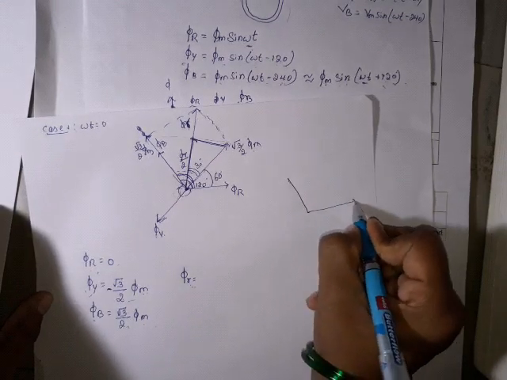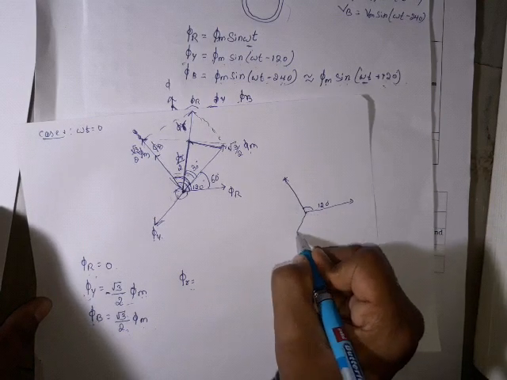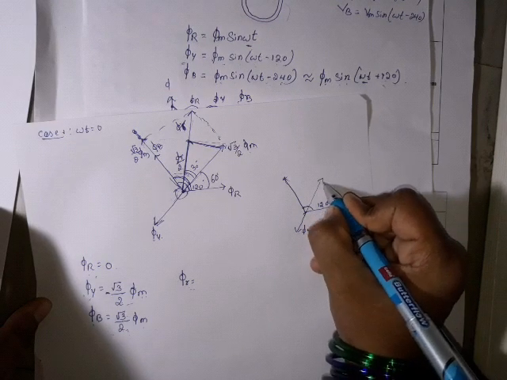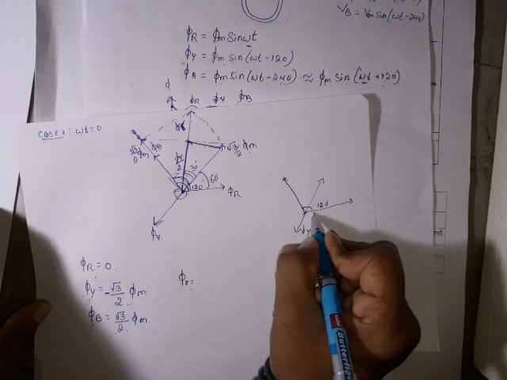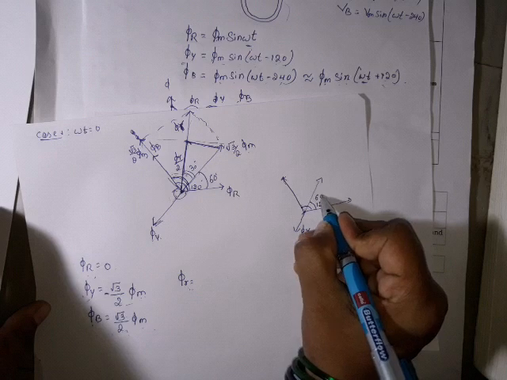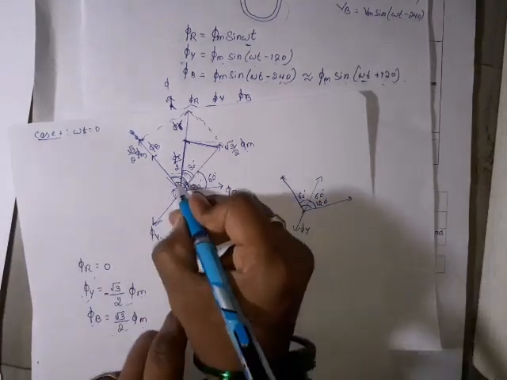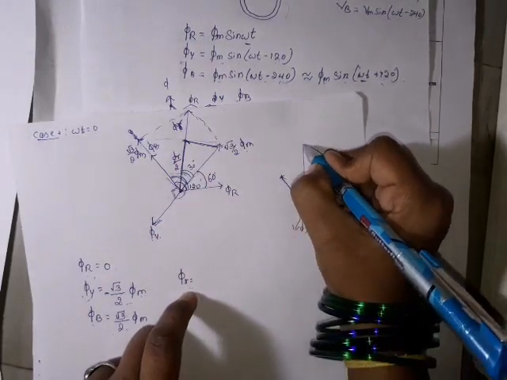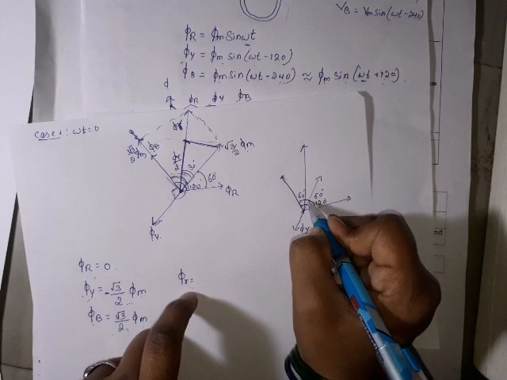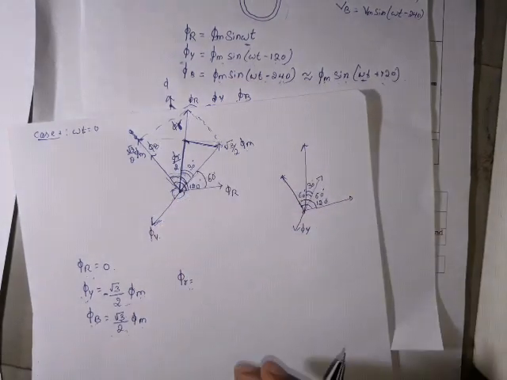So this will be like this. So this angle is 120 degree. So here we have phi y. Exactly opposite you are going to take it. So exactly opposite means it is going to bisect these two, I mean exactly at the middle. So this angle will be 60 degree. Now this angle is also 60 degree. What we have done? We have written a resultant here. So this is your resultant and this is total 60 degree. Exactly half of that will be 30 degree. So what is this angle? This angle is 30 degree.